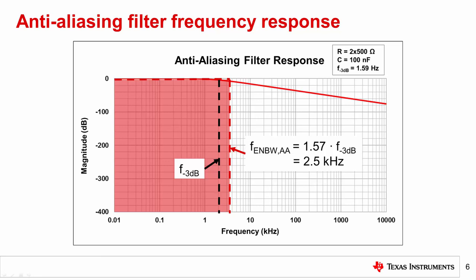If you were using an ADC without a digital filter in your application, you might be able to approximate the system noise bandwidth as just the anti-aliasing filter's bandwidth due to its low cutoff frequency. However, since the ADC is downstream from the anti-aliasing filter, you would at least have to calculate a separate noise bandwidth for the ADC. Let's see how this analysis changes when using an ADC with a digital filter.